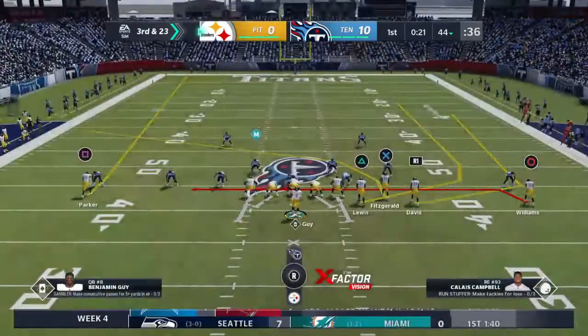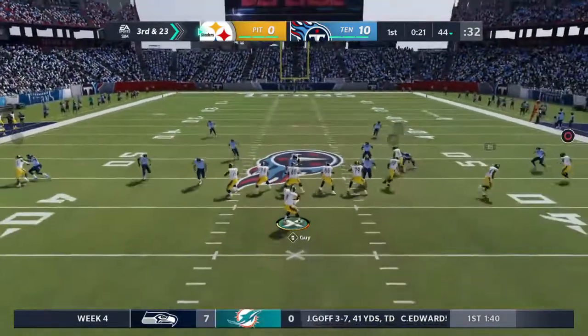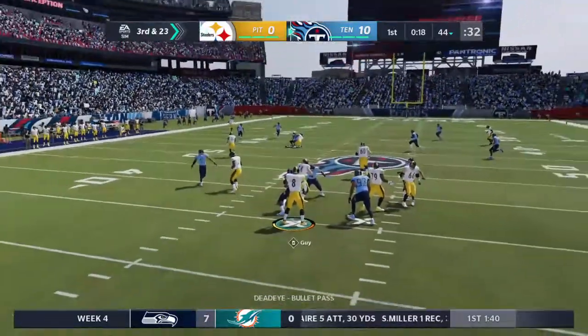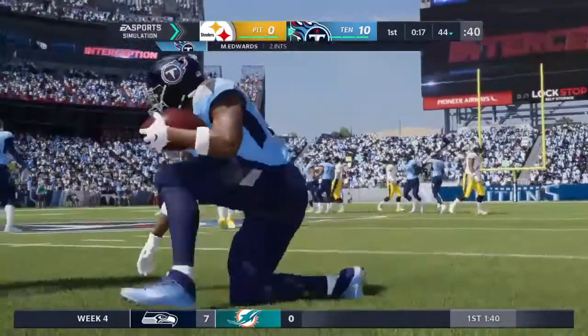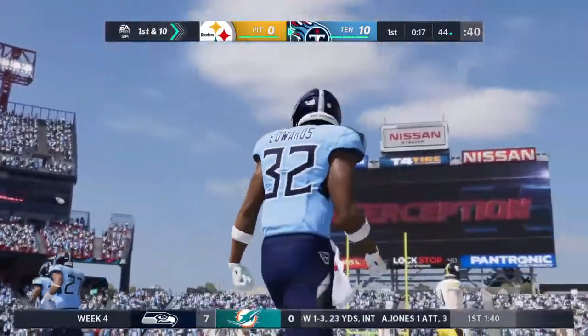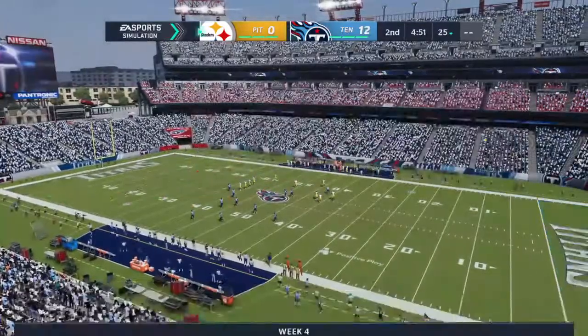An incomplete pass on that last play, and that means they'll need to come up with something here on 3rd down. Out of the gun, they'll look to throw. Looking for Fitzgerald, and it's intercepted. Mike Edwards picks it off, and his guys will take over at their...